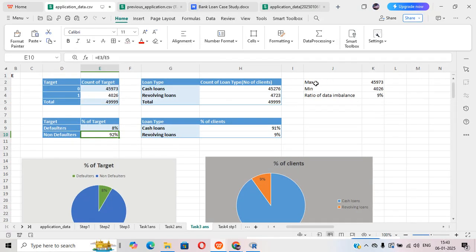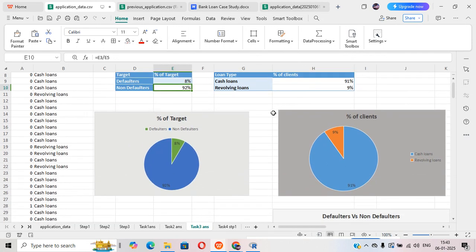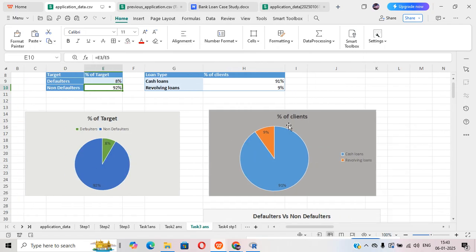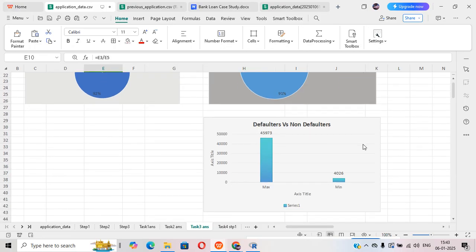And I have taken max and min value for this. This is the max and min value, and calculated a pie chart for this. For percentage of target, this is the pie chart, and for percentage of client, this is the pie chart I have used. I have shown the value and the labels